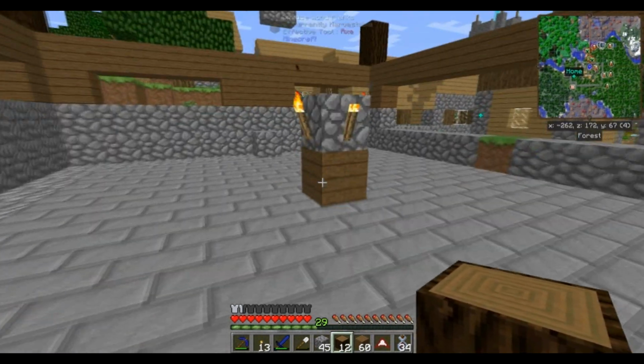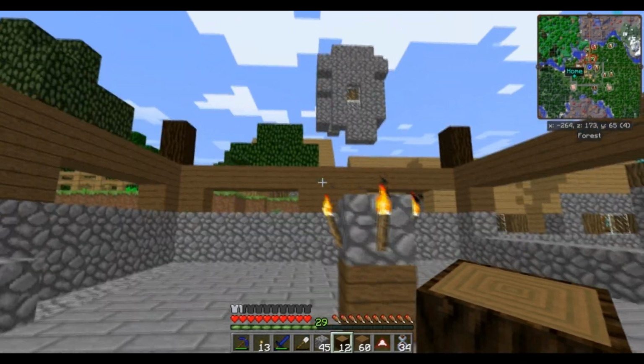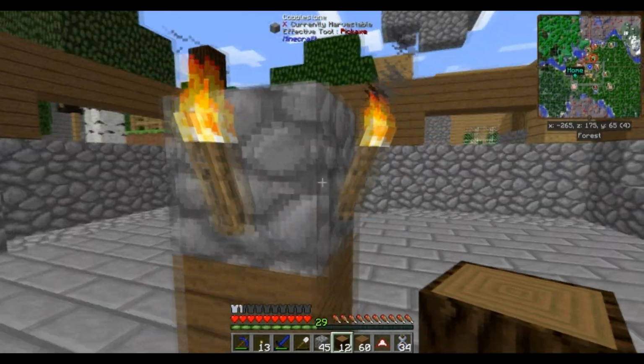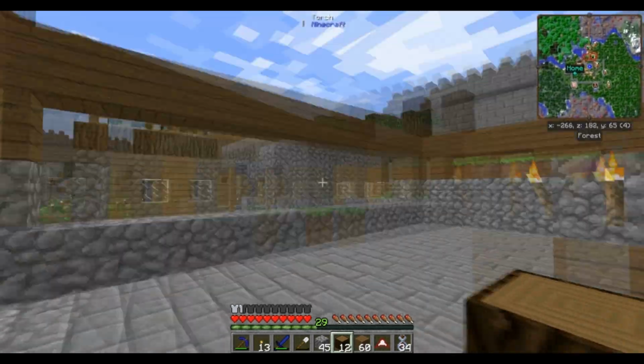But this spawner has a space of 3, so it can spawn on this level, which is the same as this level. But then they immediately just fall down. I don't want to have Endermen flying everywhere, so I'm going to put the roof